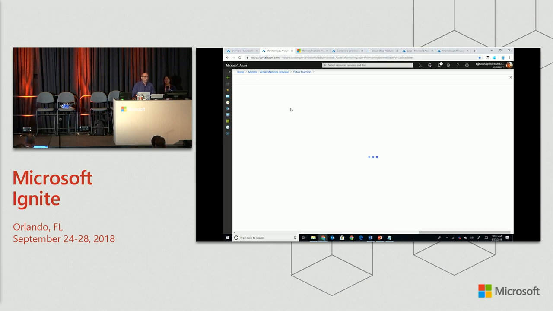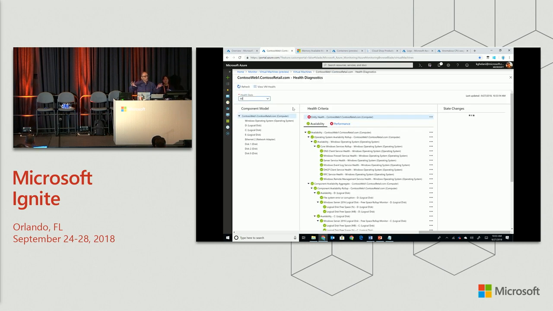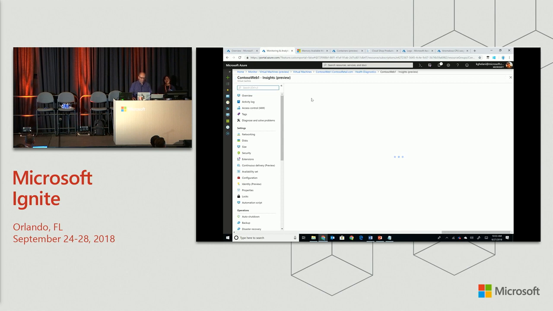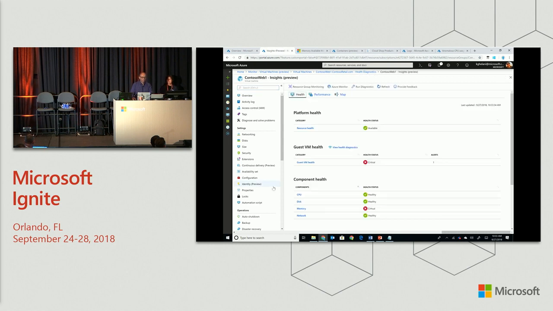The other thing I wanted to show you was, so that experience you saw was at the at-scale level. The other thing I wanted to show you is, when you go to the resource blade itself, so this is now a resource blade in VM. In the VM resource blade, as I was telling you about, you see